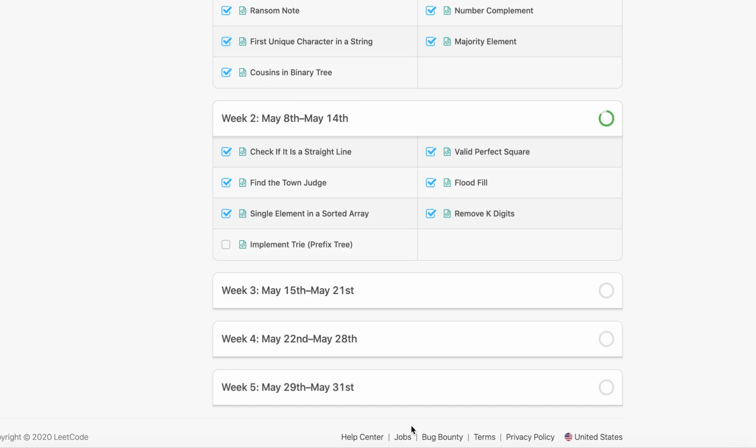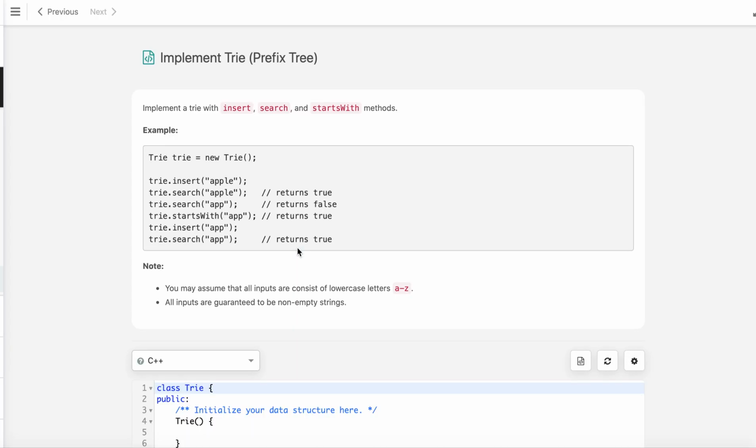Today we are going to solve the 14th problem in the May LeetCoding Challenge, and the problem name is Implement Trie. Implement a trie with insert, search, and startsWith methods. Well, a trie is a well-known data structure which is also called a prefix tree,